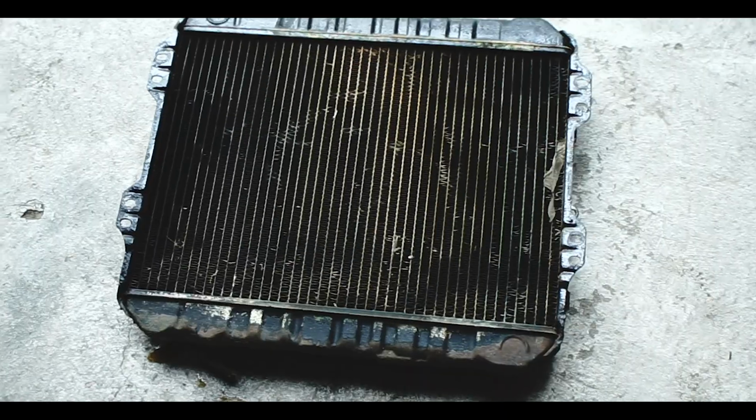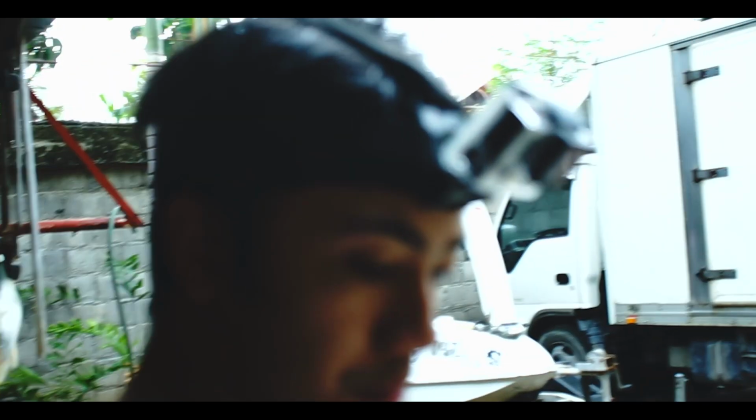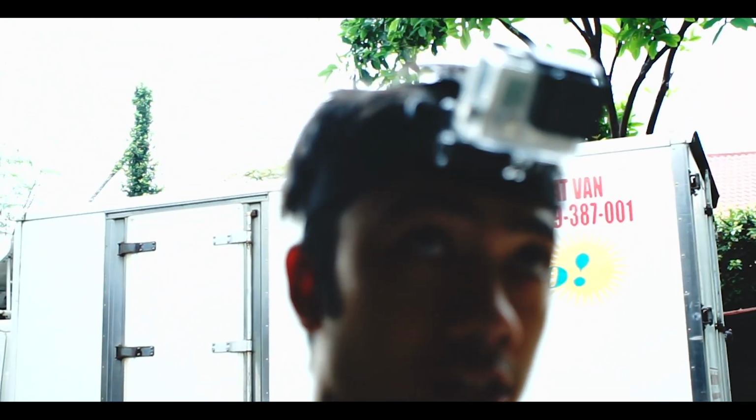So I just finished taking out the radiator, and as you can see, we have two parts: the fan cover and the radiator itself. So tomorrow's Monday, so hopefully a radiator shop should be open, and they should be done within the